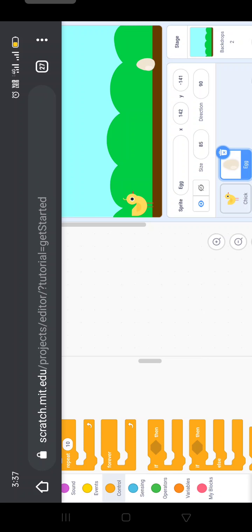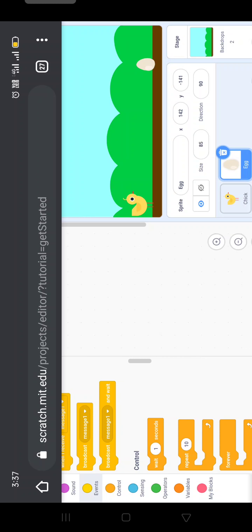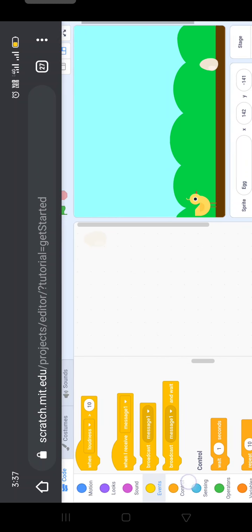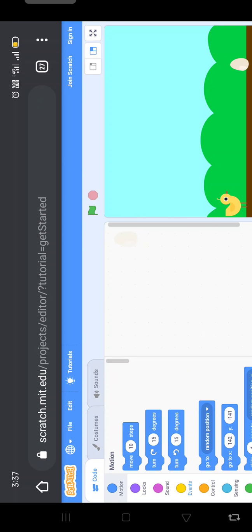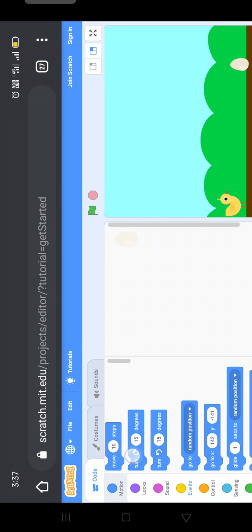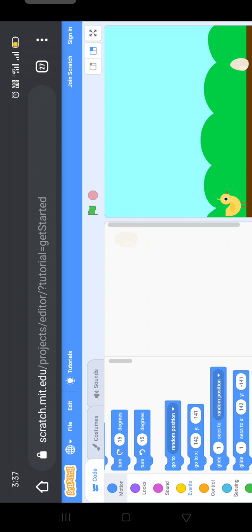To move this egg, we have to drag a block, so go to Motion again. Here we have to go to go to XY.